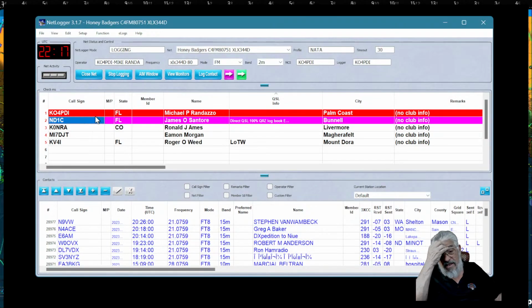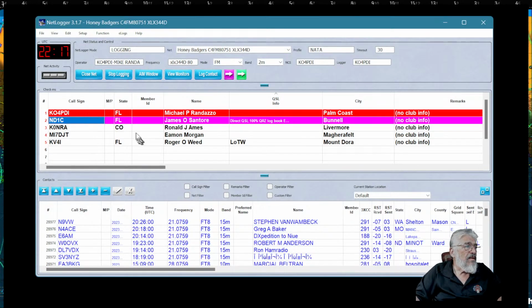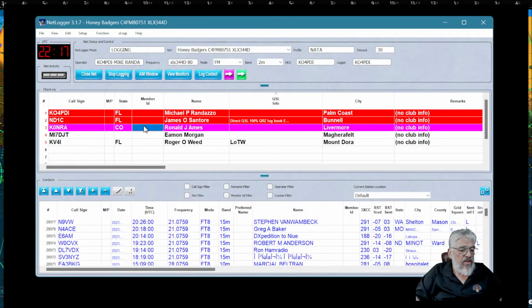But they could still be listening. Sometimes they'll tell you in and out, which means they're not going to say anything. Now, there's a column here for member ID. So let's say Ron said he was in and out. I just put IO. Whoops. Why isn't it typing it there? It's typing it, but I can't see it. Why? Oh, because the lettering is white.